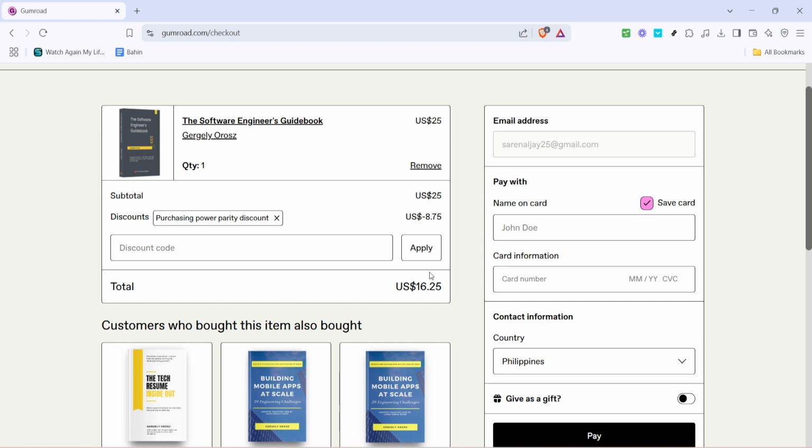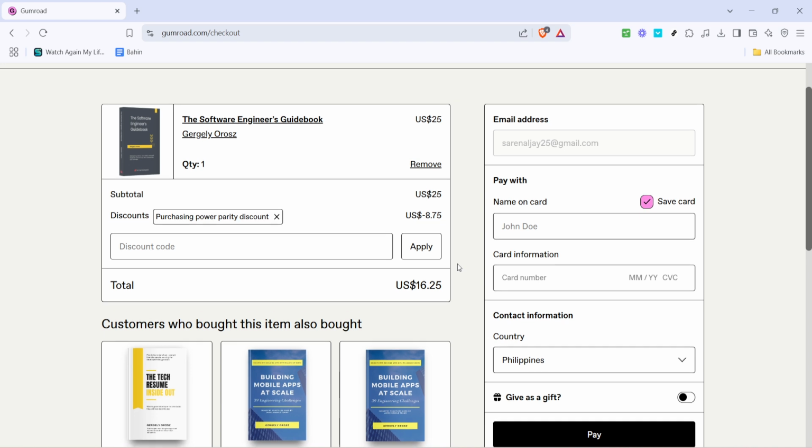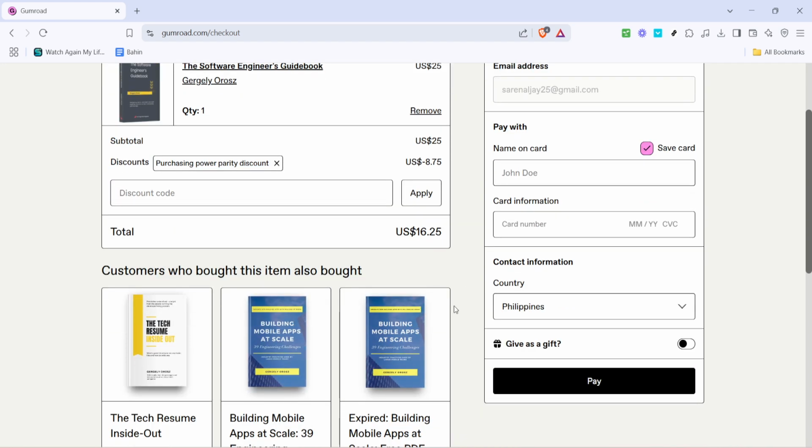Just like that, you have successfully navigated through Gumroad and made a purchase, and there you have it. You've learned how to sign in, discover new products, search for specific items, and make a purchase on Gumroad. I hope you found this tutorial helpful and feel more confident using Gumroad. Happy shopping and enjoy your new